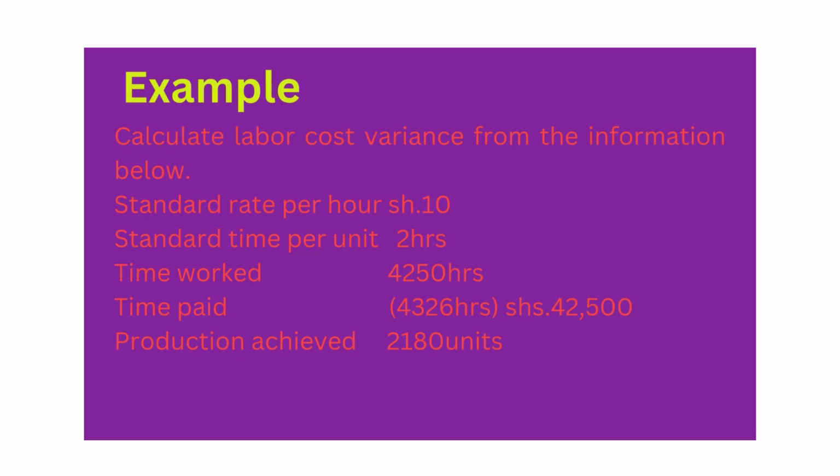There is the standard time per unit, 2 hours. So it will be 42,500 minus 10 multiplied by 4,250 hours. Time paid, 4,326, we get 43,260, which will give us 760. That's the difference, 76 hours. But remember, we said when the actual cost is greater than